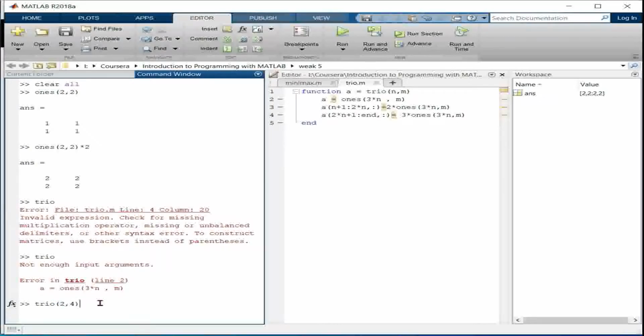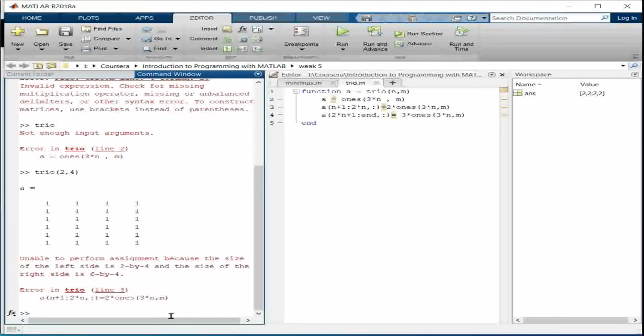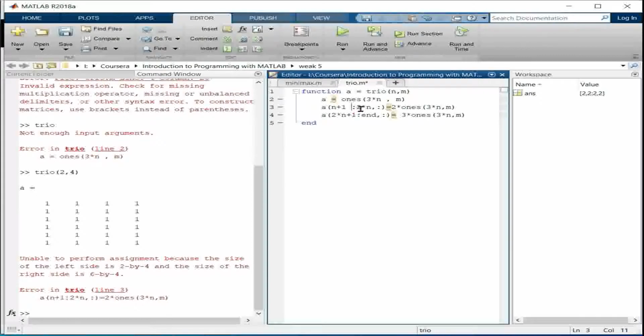But there is some mistake: it is not multiplying by 2 and 3 the way it should.